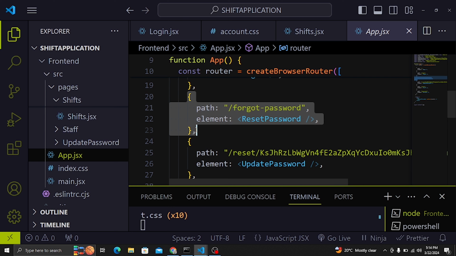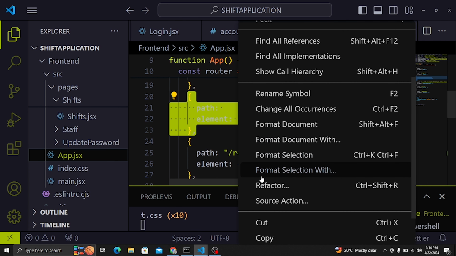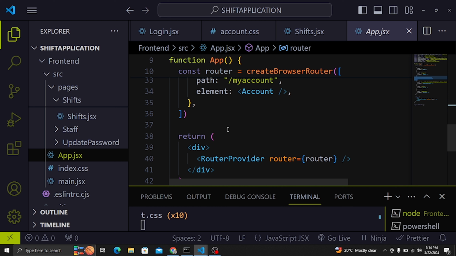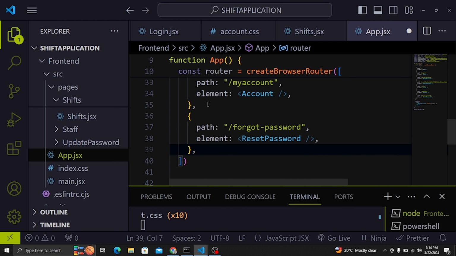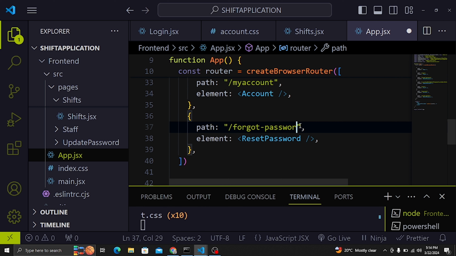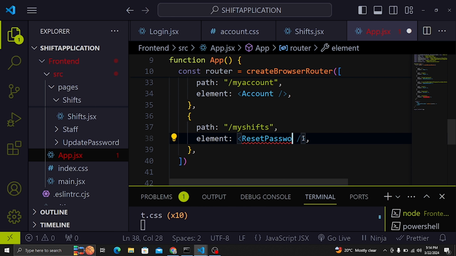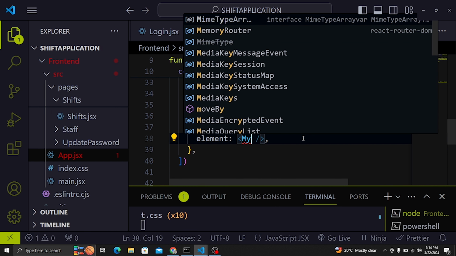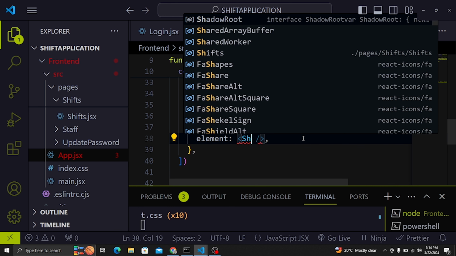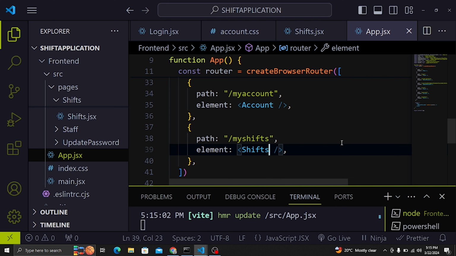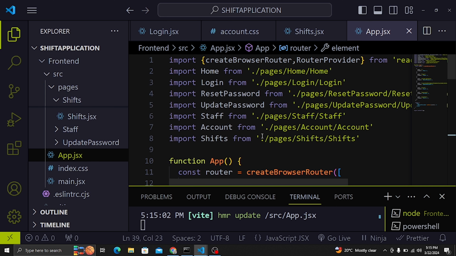And then maybe let me just come here and add that page. So let me add this page, copy this, and then down here I can add it. So this one I will be calling my account, not my account but my shifts. And also here I'm going to add the page now. So the page should be my shifts. Actually shifts, I can just say shifts. You can see here we import it. Yeah, we have imported it. So this you can confirm by checking up here,